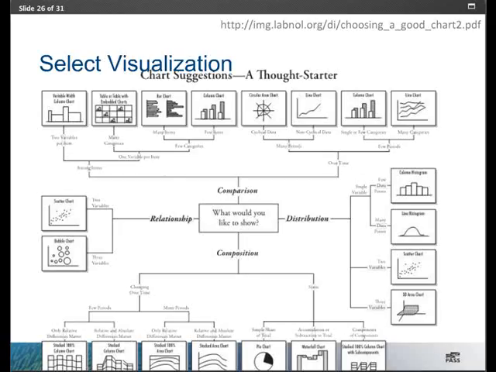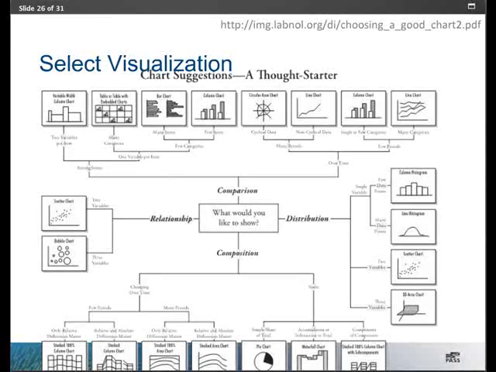So let's say that we want to do a comparison, because that's a very common thing to do in an analytic dashboard. So we move up, and then from there we break out into 2 branches. To the left is a comparison among items, and to the right is a comparison over time. And if we want to use the over time, then, well, that breaks down 2 ways. On the left is the breakdown over many periods, and to the right is to few periods. So let's say that I want to look at sales over a few years. Then following this path, I would go to that upper right-hand corner, and I might choose the column chart